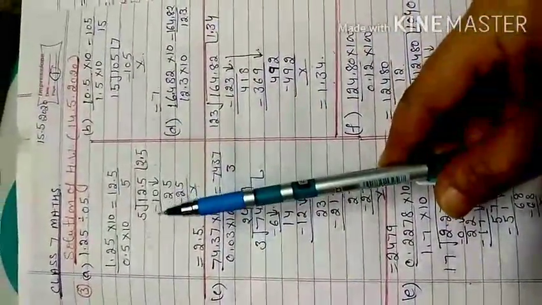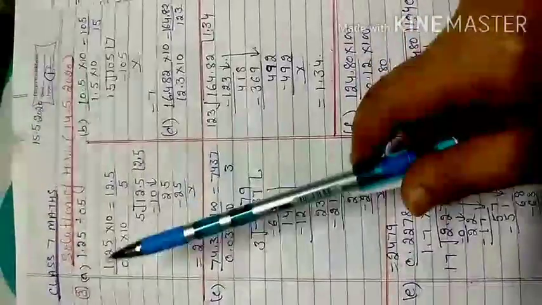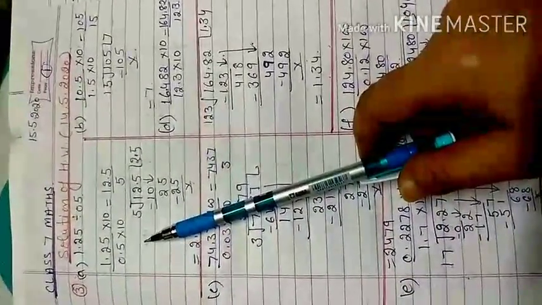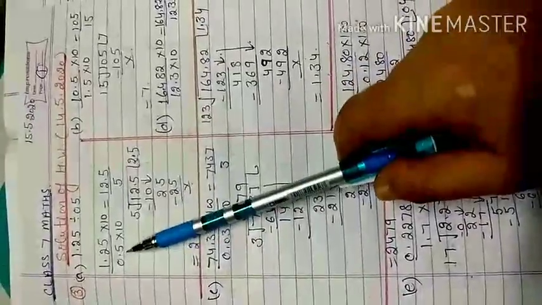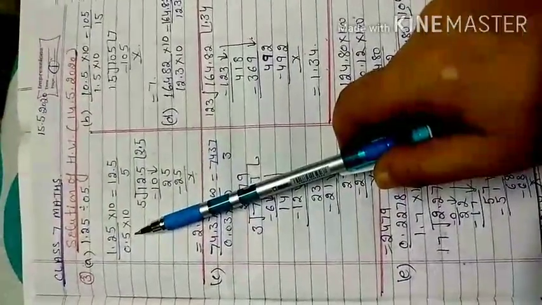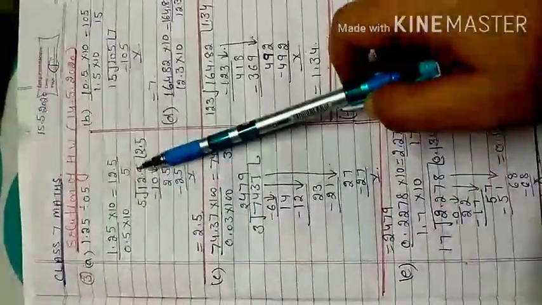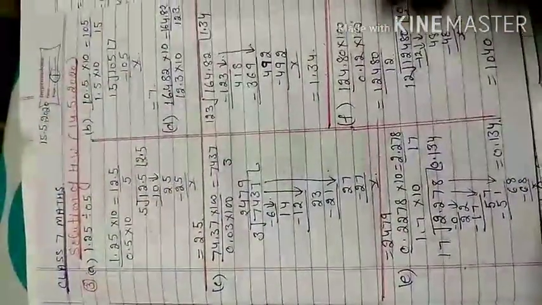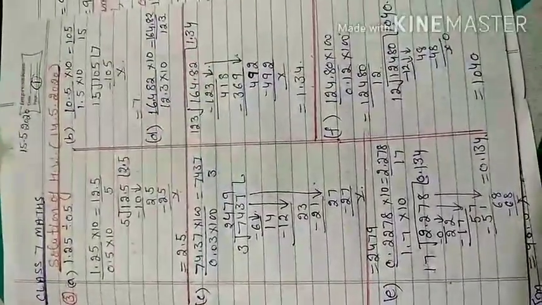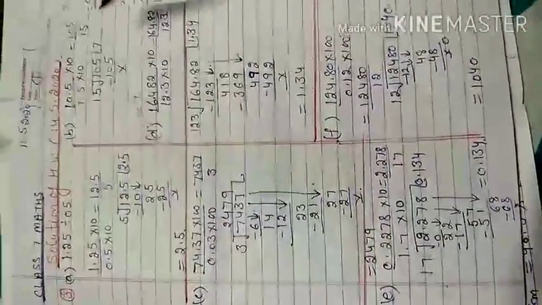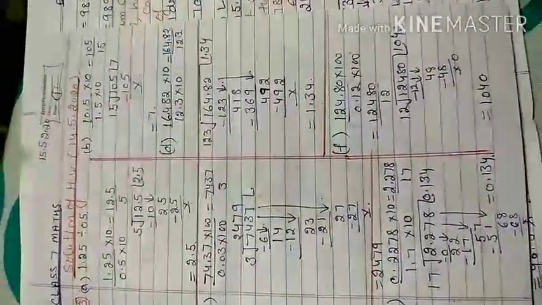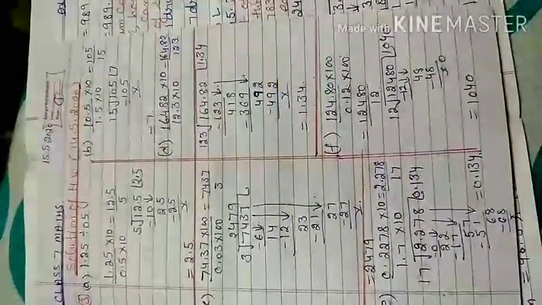So after dividing, first rule of division is there should not be decimal in the denominator. So to remove the decimal, first you have to check how many digits after the decimal. If there is one digit, you multiply by 10 to remove the decimal from the denominator. Numerator also should be multiplied by 10. Now you divide, so after division I will get 2.5. Similarly in the B statement also you multiply by 10, and after division you will get 7.